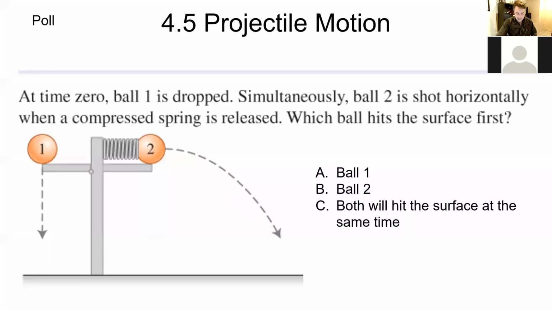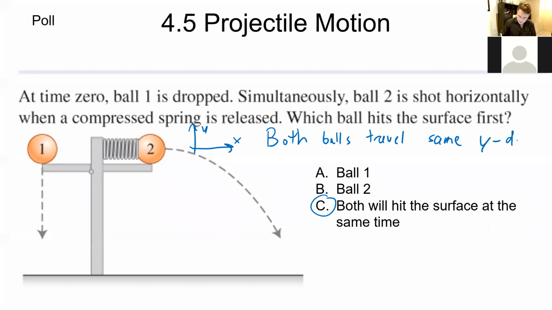That was actually the one I liked. And then there is ball 1 or ball 2. Certainly ball 1 travels a much shorter distance. It goes straight down. But what I'm trying to say is that they both take the same amount of time. So the answer is C, if you set up an axis like this, where y is up and x is to the right, both balls travel the same